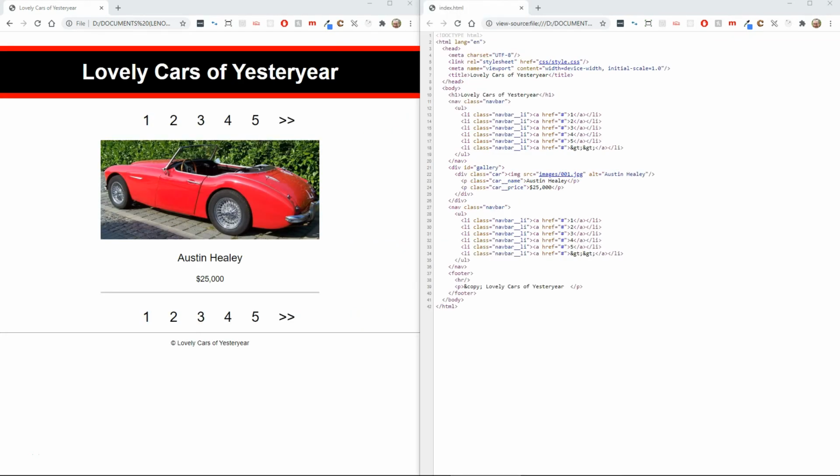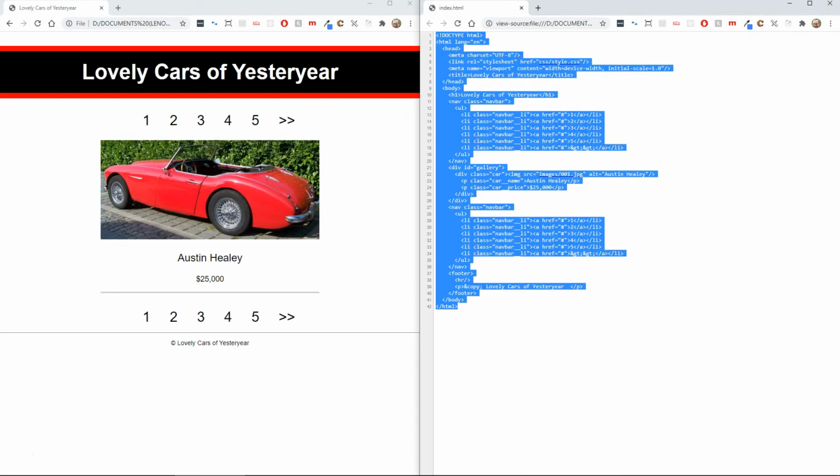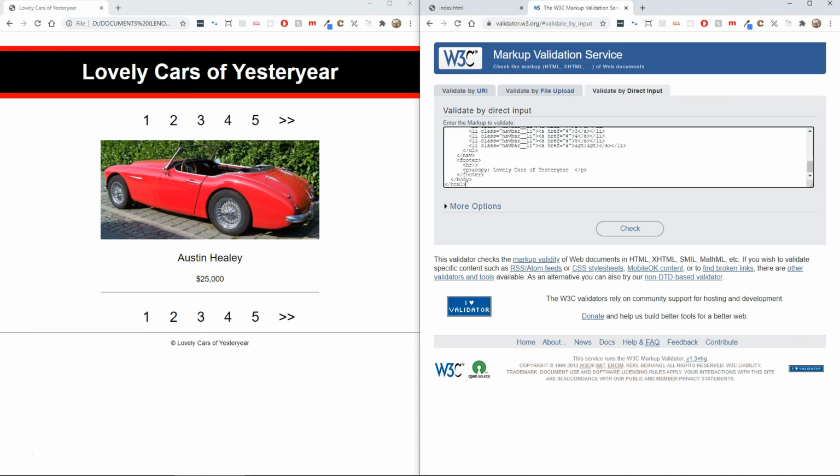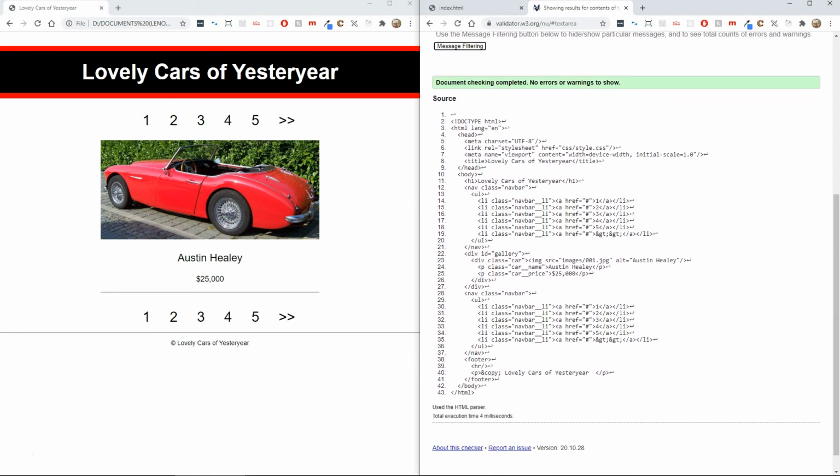Here's the source code up next to it, and you can go to the W3 validation service and paste that in and check that, to make sure there are no errors in the nesting or anywhere else. And if that's okay, we can go on in the next lesson to change this from a single static page to make use of includes, mix-ins and the data provided.